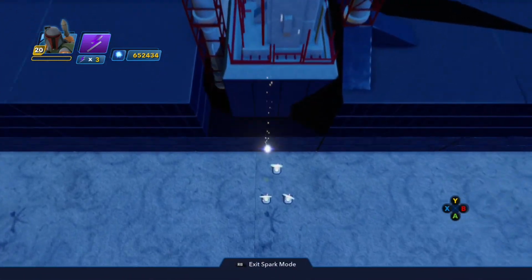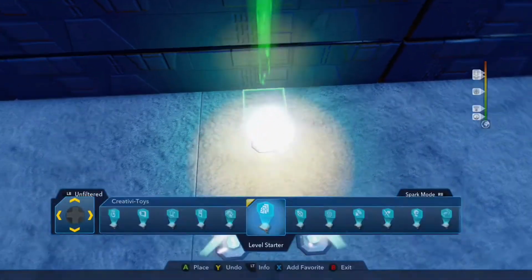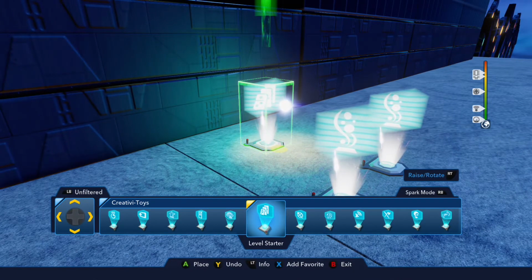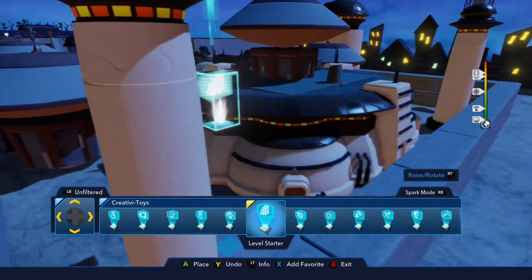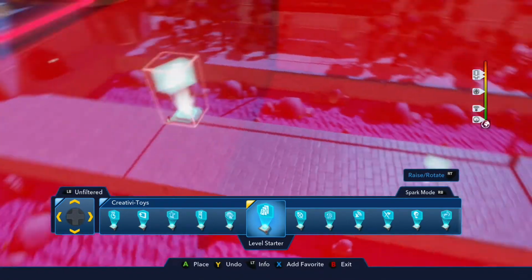Come back down here, we're going to grab our level starter, and we're going to make a few more connections on this for when the level loads. We'll first move over to the Magistrate's residence. And what we're going to do is we're going to create a new logic connection to the boss fight spawner